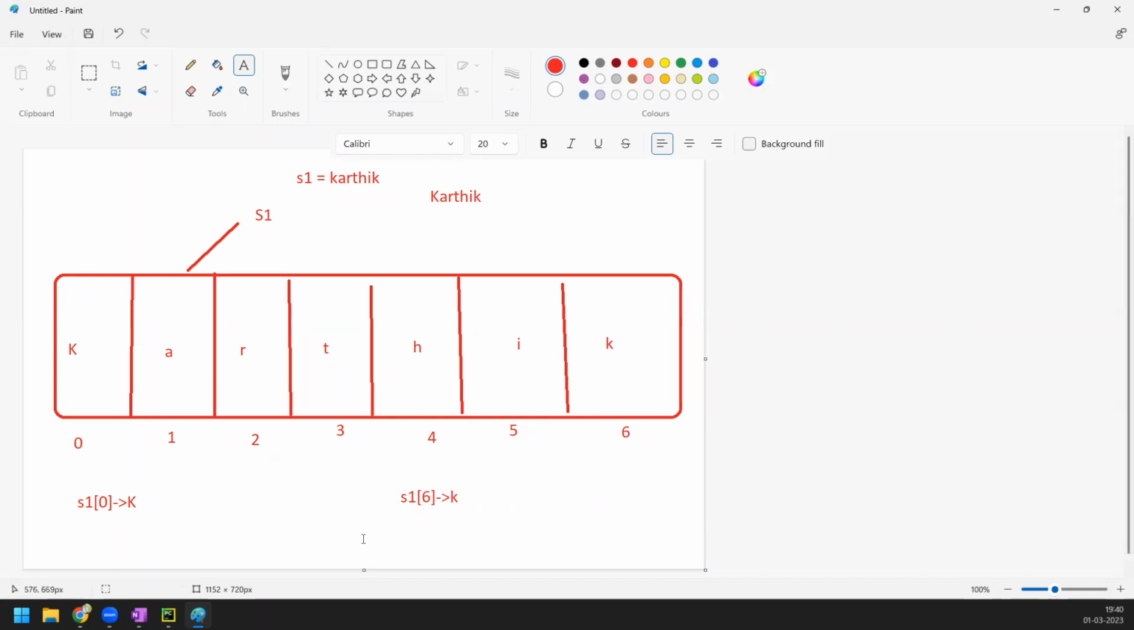Whatever I'm teaching you is called the slicing of strings concept. What is the concept I'm teaching you? Slicing of strings, meaning I'm slicing a string. And what is the concept that I'm teaching you here? The concept is called slicing of string. Slicing meaning